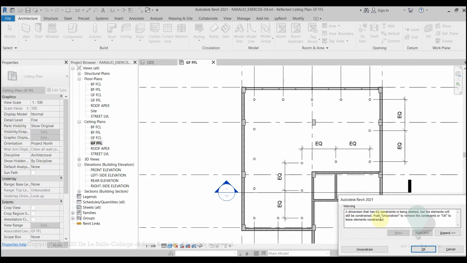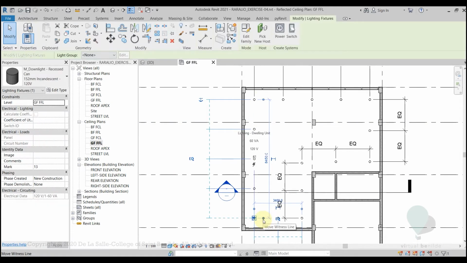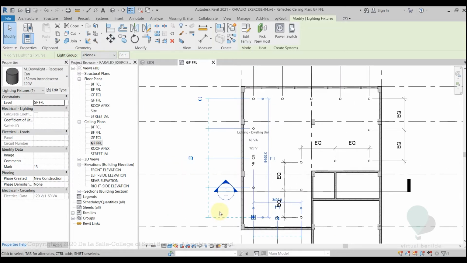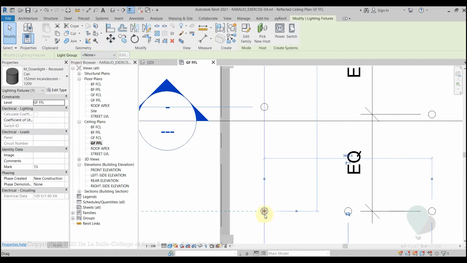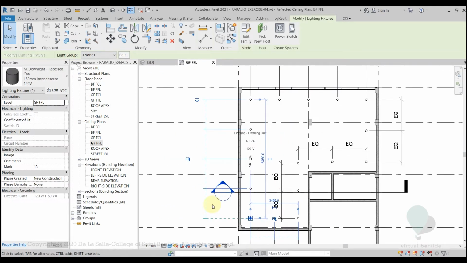It will ask you if you want to unconstrain or if you want to press OK. If you press OK, all these lights will remain equally spaced, even if you try to change the spacing of the light from the wall edge. So if I nudge it using my up arrow key, they will remain equally spaced, right? Let me just undo that